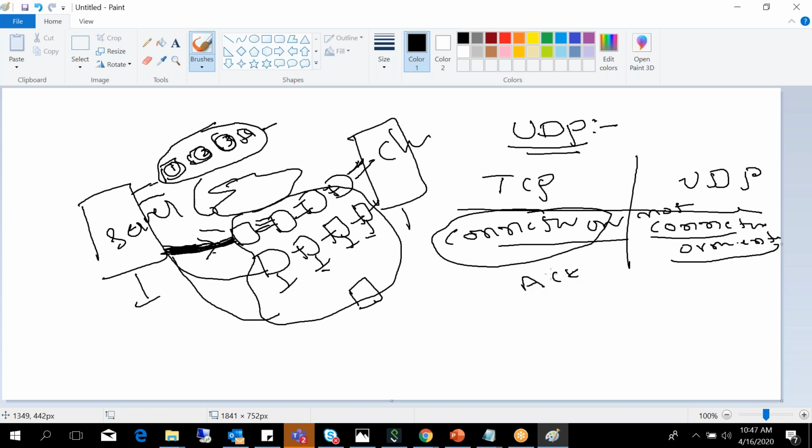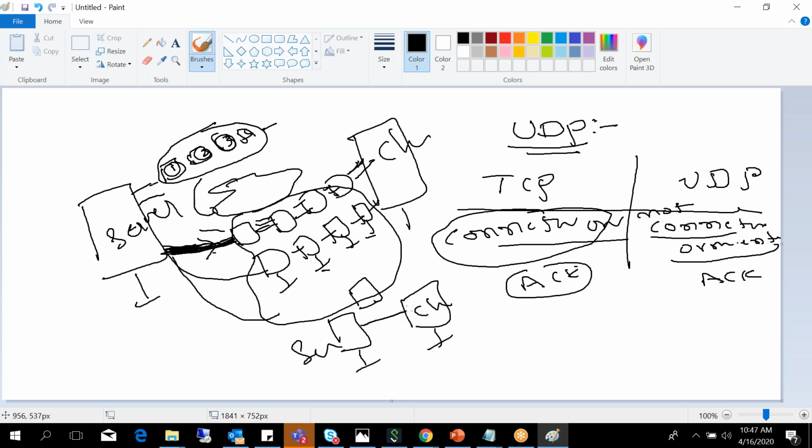Every time there will be an acknowledgement, but UDP doesn't send any acknowledgement. If you are using client and server, this is a server and this is a client. You're sending the data, but there is no acknowledgement in User Datagram Protocol.